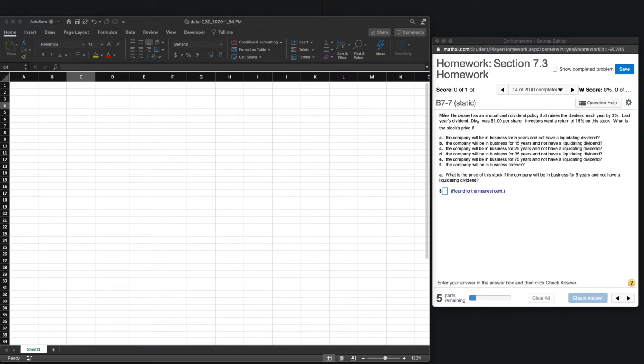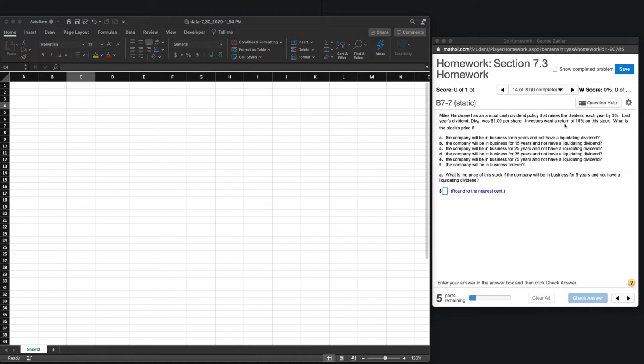Everyone, welcome to 7.3, question 7. So in this case, we have a company that's paying out a dividend with a 3% increase each year. So it looks like we have a growth dividend payout. Last year, we have a most recent dividend of $1 per share, and we need to figure out what the